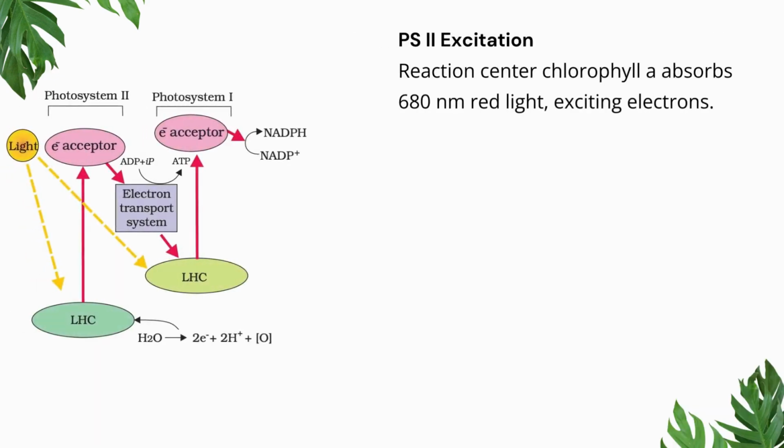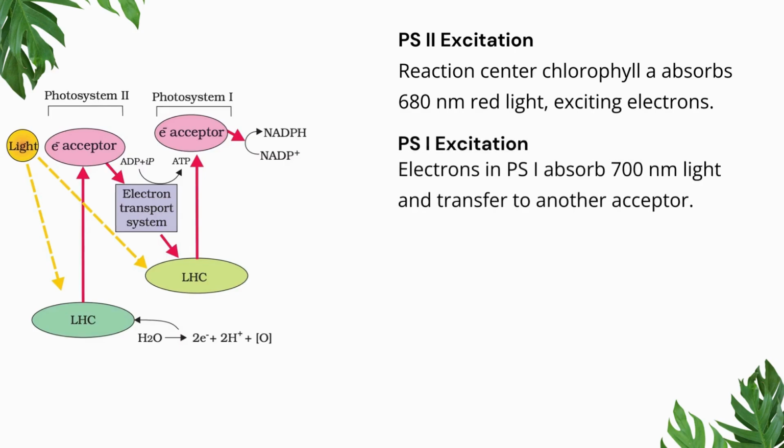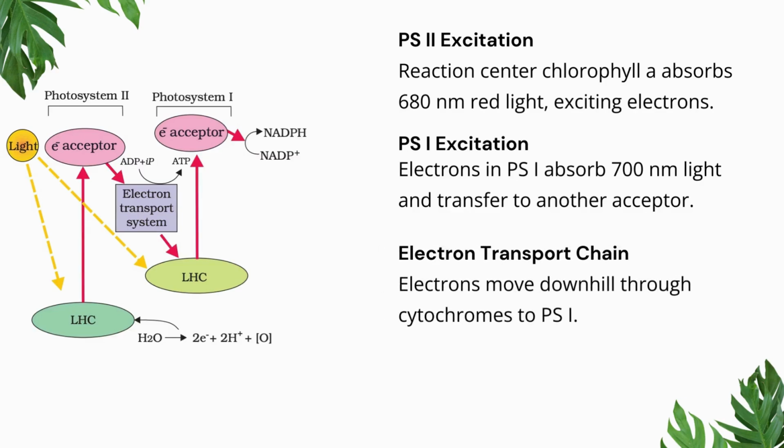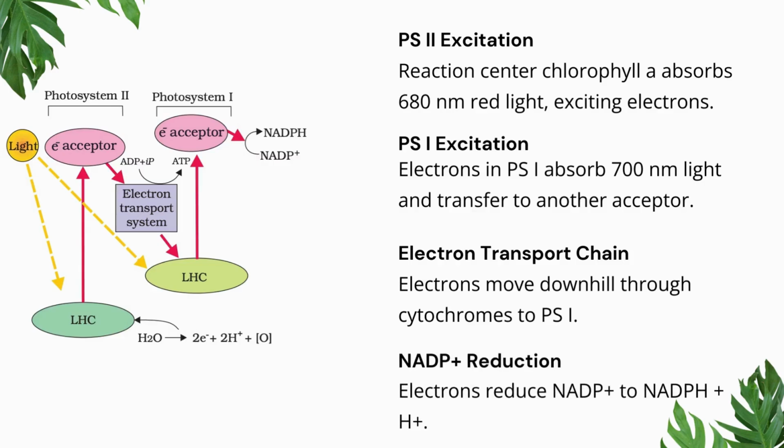In Photosystem 2, PS2, the reaction center chlorophyll absorbs red light at 680 nanometers, which excites its electrons. These high-energy electrons jump to a higher orbit and are captured by an electron acceptor. From there, they pass through an electron transport chain made up of cytochromes. As the electrons move through this chain, they lose energy gradually, a process described as moving downhill on the redox